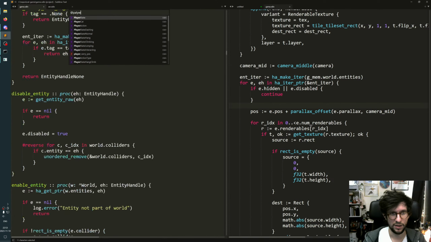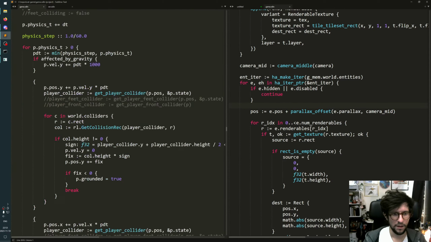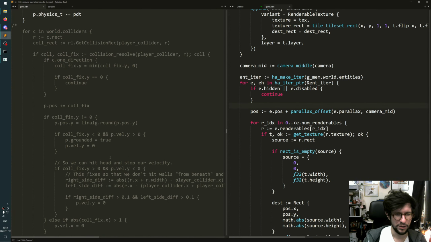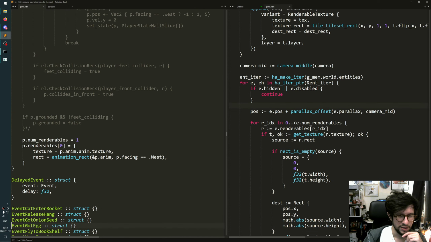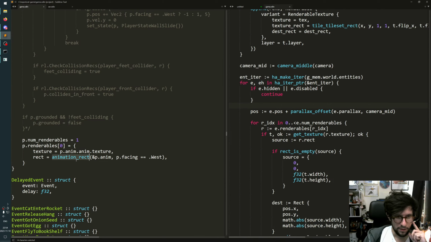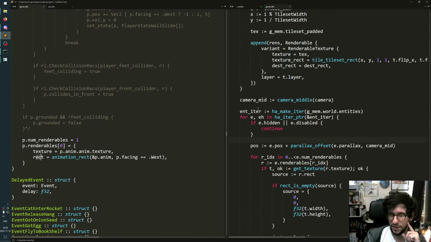So for example, for the player cat, in cat update here, this is my old physics code. It's commented out because there's a few things I still need to fix. But down here, this is for the cat. Each frame it just says you have one renderable, and your renderable is this texture here, and your animation rect is whatever rectangle you should draw in this texture, which is a sprite sheet with frames. It's this one. So the only thing my draw world stuff needs to do now is use it,